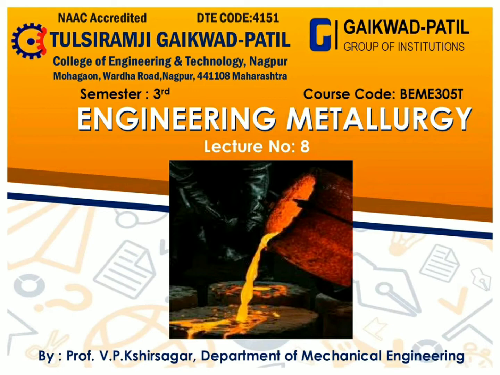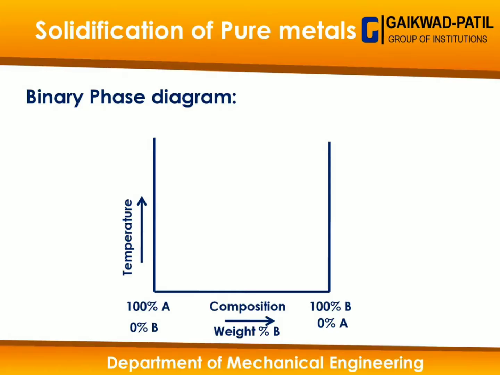In this lecture today we are going to see various types of binary phase diagram. First of all, we are going to see the basic structure of a phase diagram, in which two y-axes are generally used, because that type of diagram we call a binary phase diagram. That's why two y-axes are used for giving the temperature and one x-axis for the weight composition of metal A or metal B.